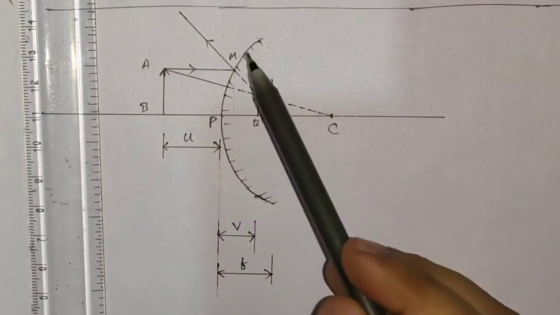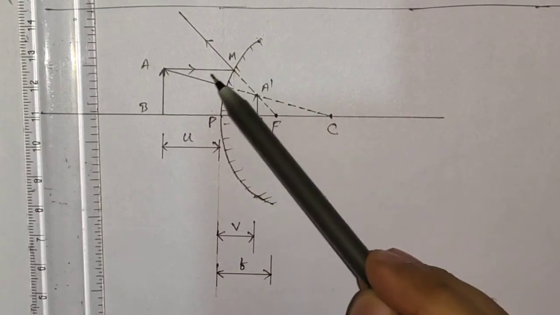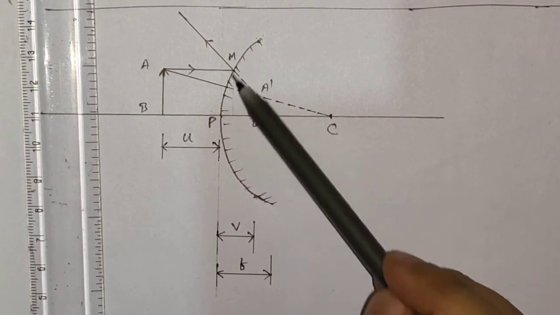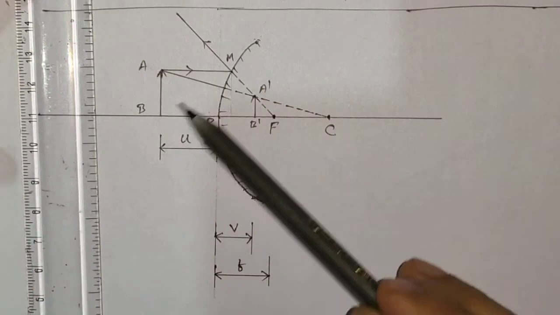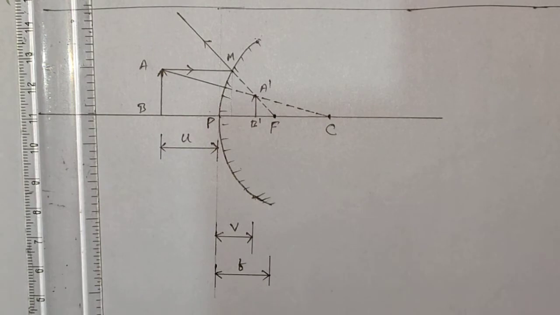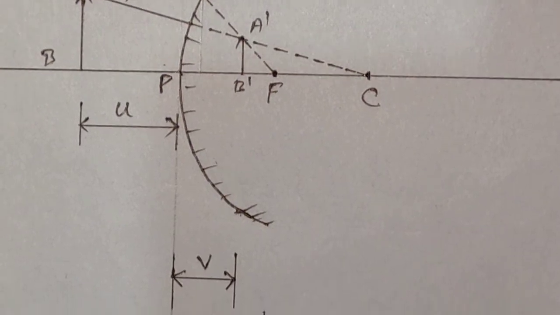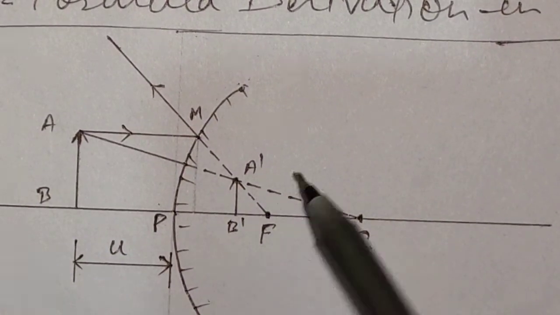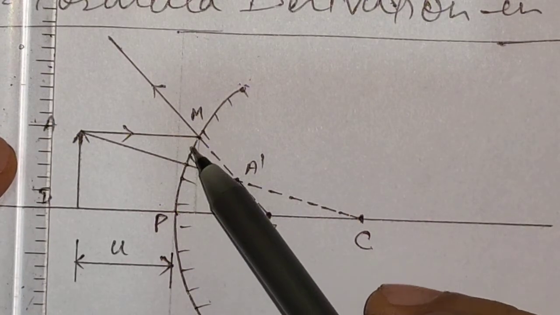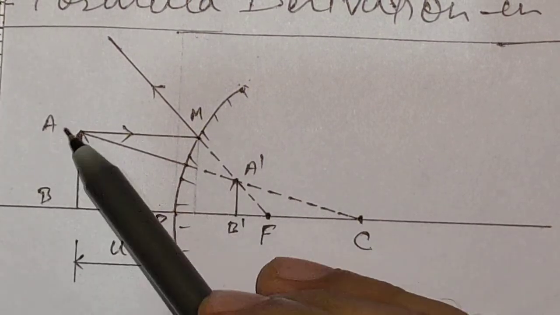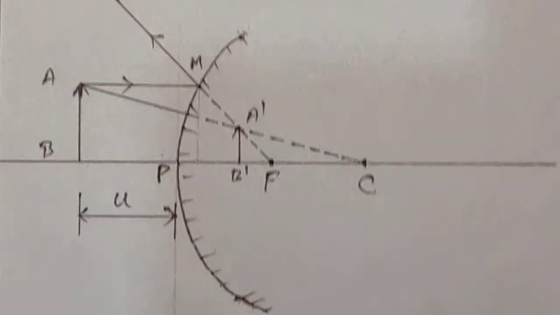Before going through that, try to understand that this aperture is very small, so this M must lie on this straight line. We assume it to be straight. These assumptions you need to understand. This line I made with pencil, so I am highlighting it more so that you can see it. We assume that this line and this point will coincide, so that PM is going to be equal to AB. This PM is going to be equal to AB. I hope you understood this.